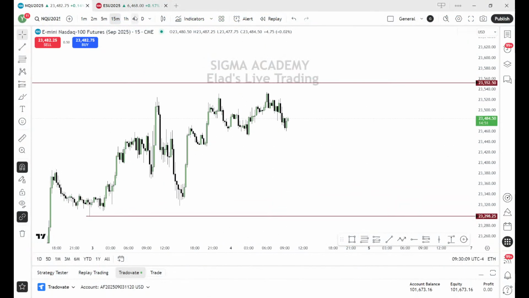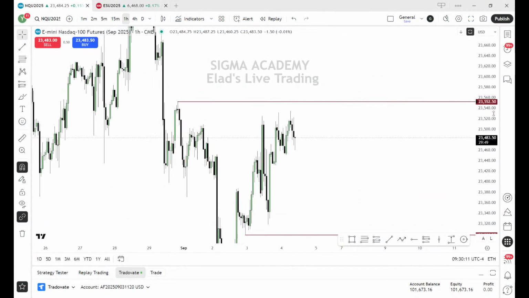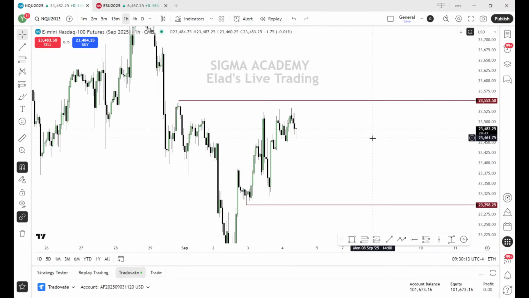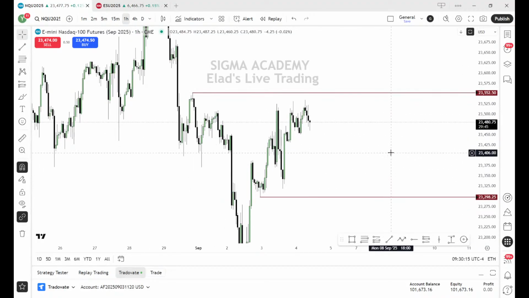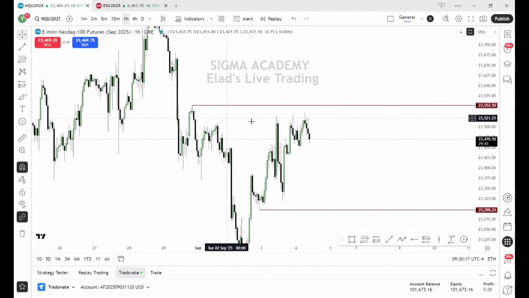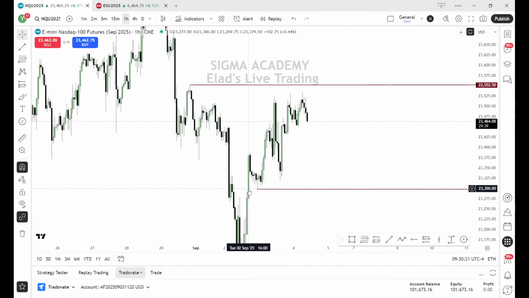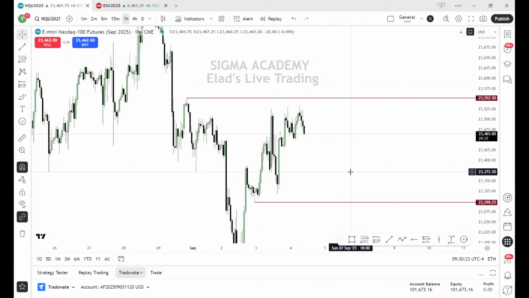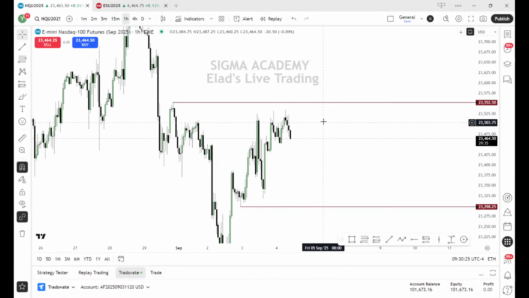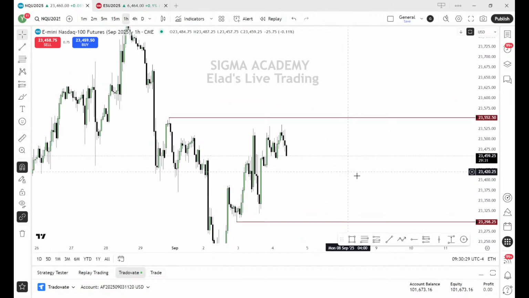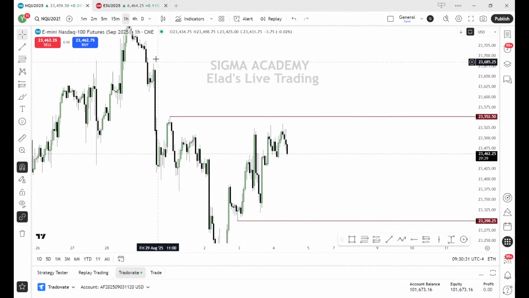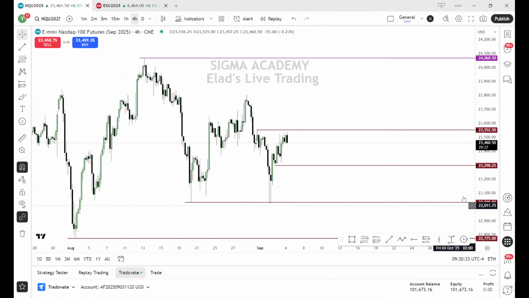Okay, so here we are on the hourly chart. First of all, what do I expect? I have relative equal highs right here, equal lows below. So I want either side of those two to be taken out so we can trade the opposite way. On the 4 hour,